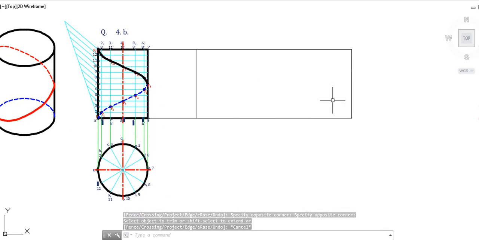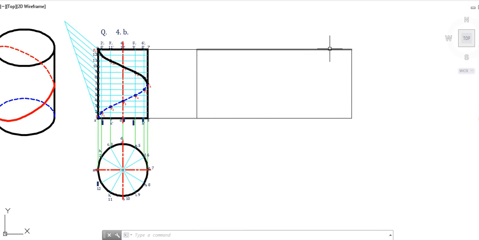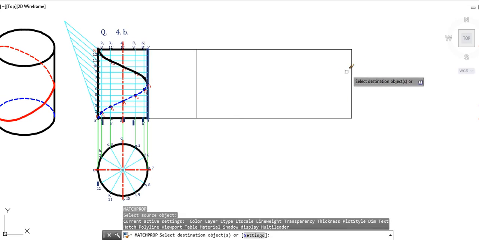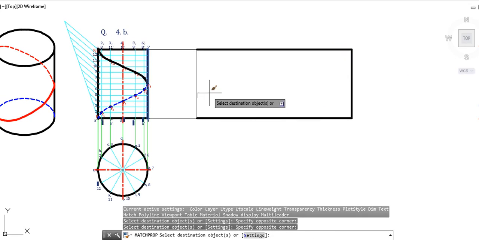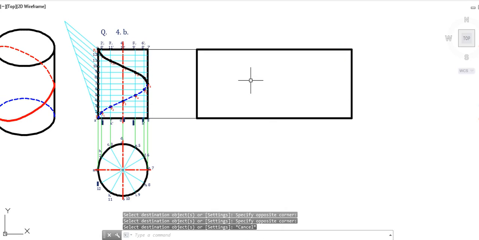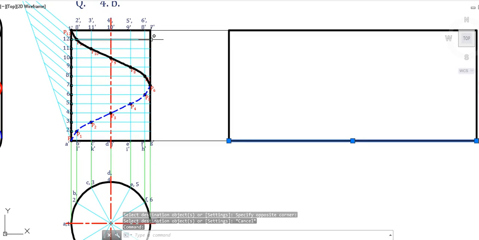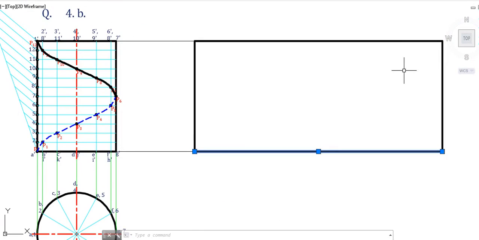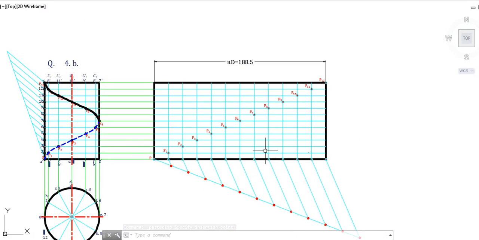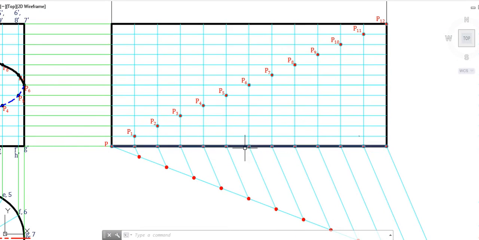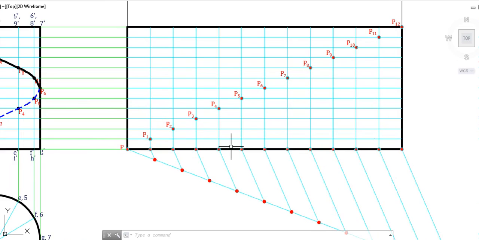Since it is going to be the major part, we will draw it using the H pencil, the thick one of course, and then we have to divide even this particular line of pi d into 12 equal parts, and at the same time we have to take the projections which we already have taken and we have to extend them on this particular level. So let us quickly do it. So like it was explained, we have divided even this pi d length into 12 equal parts, and then we have projected them vertically upward.